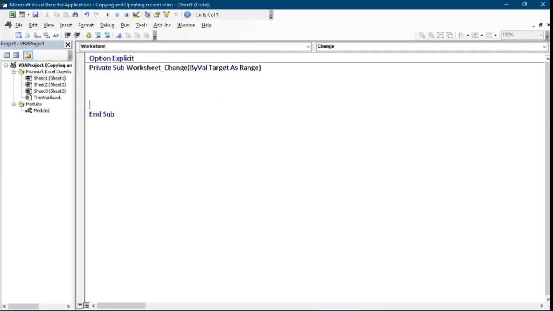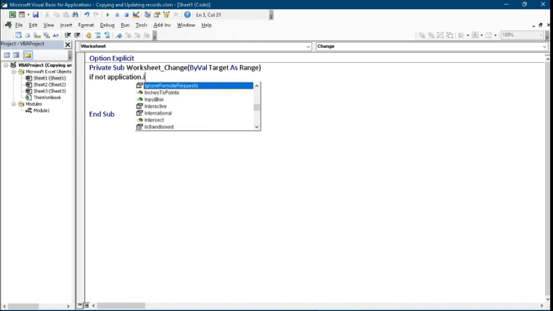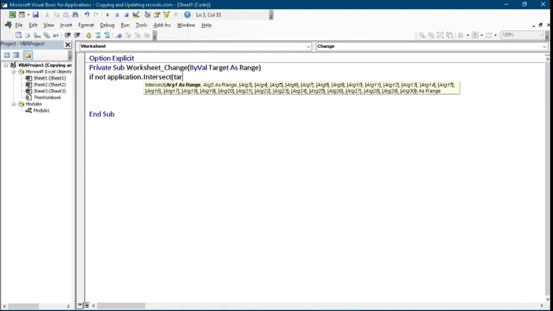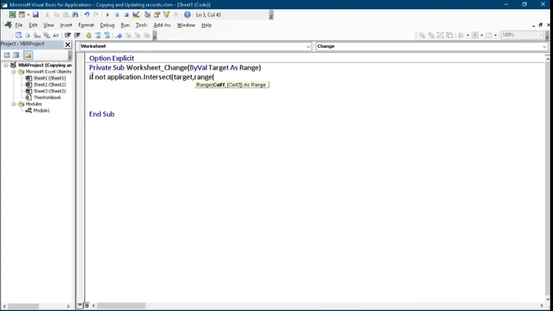Here we shall put a condition that if not application.intersect(target, range, that is the columns in sheet 1 A to D. So that is A to D, close brackets, then close brackets again, is nothing, then end if. So if it is nothing,